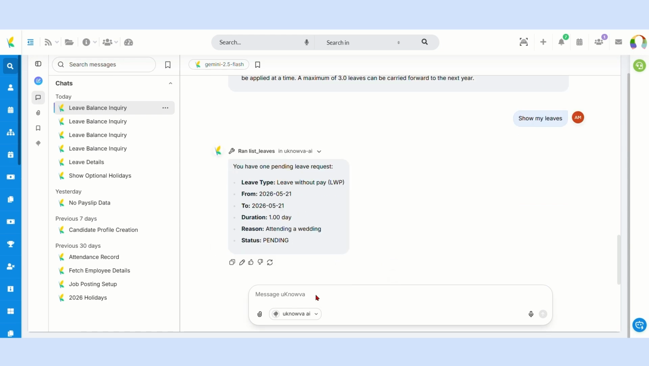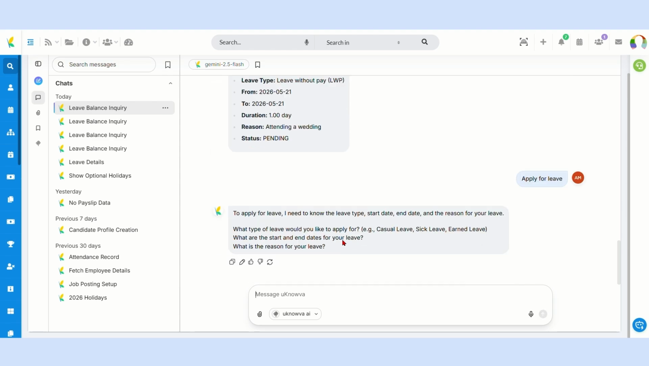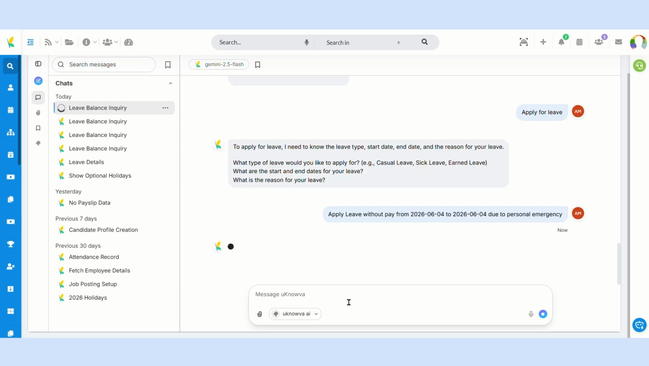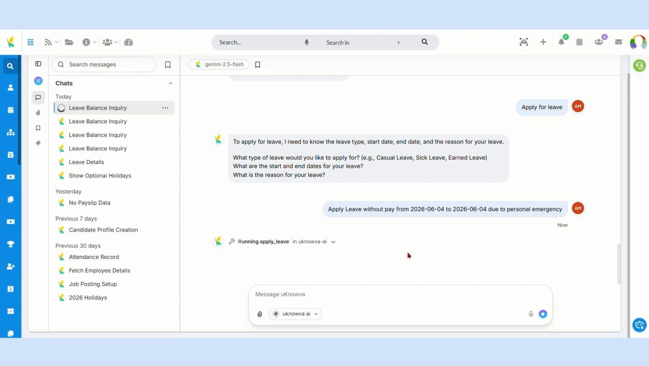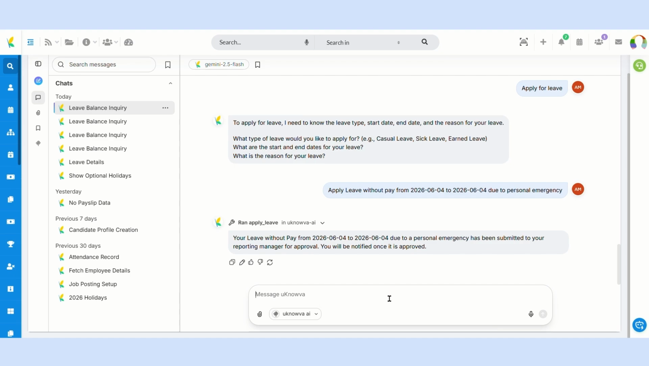Now let's apply for leave. Type the prompt, "Apply for leave." The assistant will now ask for details such as leave type, leave duration, and reason for absence. For example, you can respond with, "Apply leave without pay from June 4th, 2026 to June 4th, 2026 due to personal emergency." If you have sufficient leave balance, the leave request will automatically be submitted to your reporting manager for